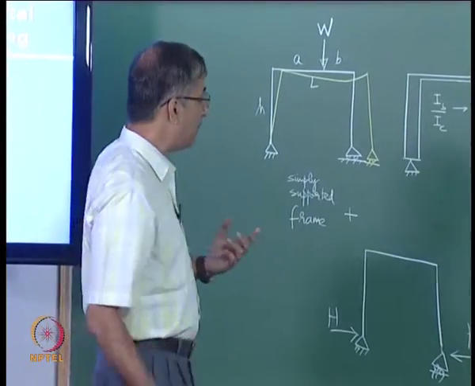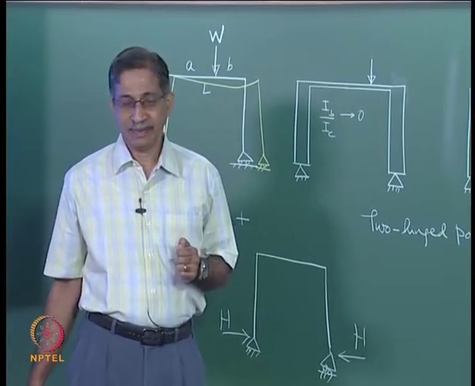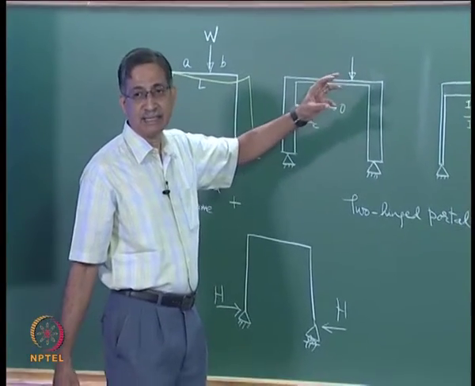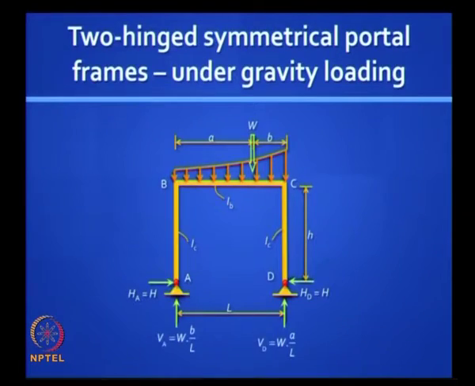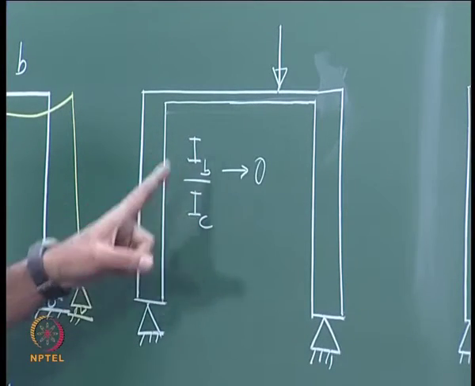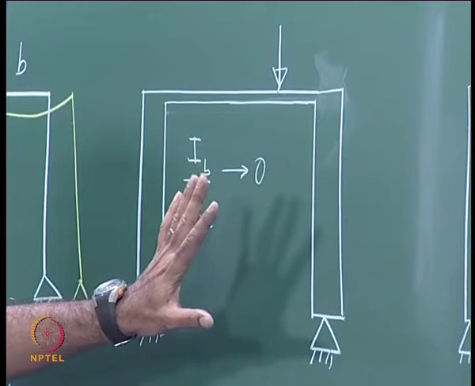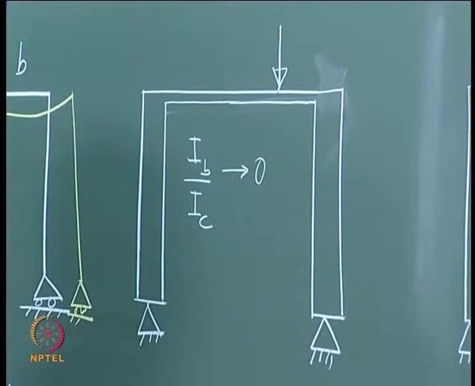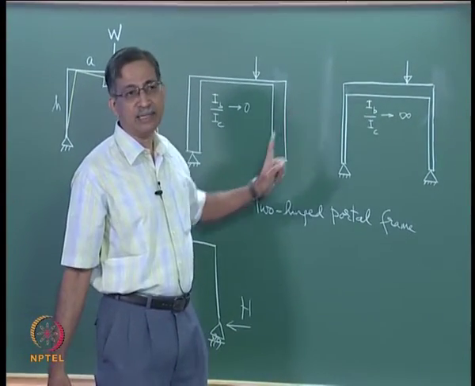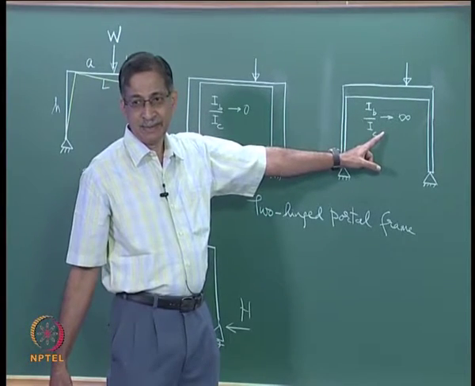Now the ratio IB by IC has a big role to play, and I want you to see that. Let us say the beam is very slender compared to the column, that means the column is very wide, maybe it is a wall. Then you could say IC tends to infinity or IB by IC tends to 0. So the picture would look like this. Of course you treat them still as line elements. On the other hand, you can have a rigid beam and the column relatively slender. So IB by IC here tends to infinity, right.